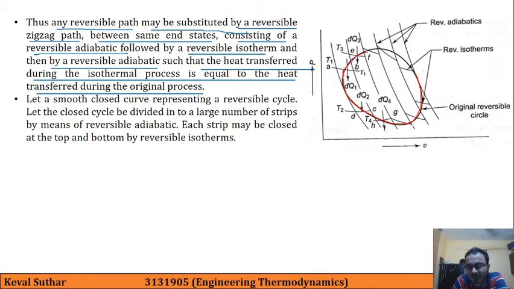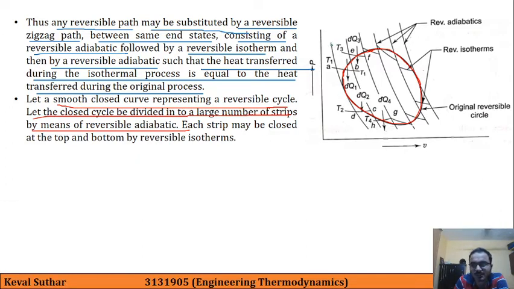So currently we are talking about this curve, which is our original process or a cycle in this case. So let a smooth closed curve represent a reversible cycle. Let the closed cycle be divided into large number of strips by many reversible adiabatics. So here, if you see carefully,